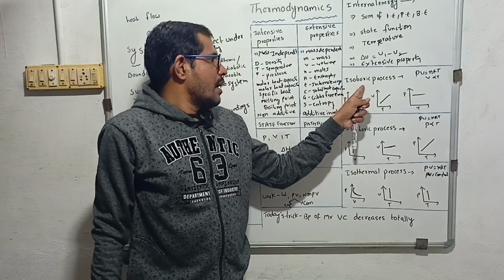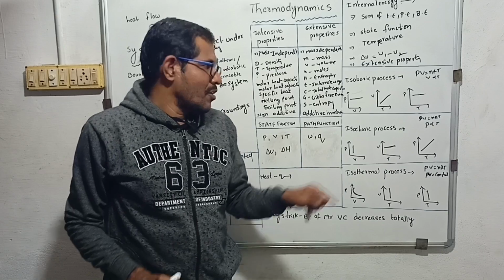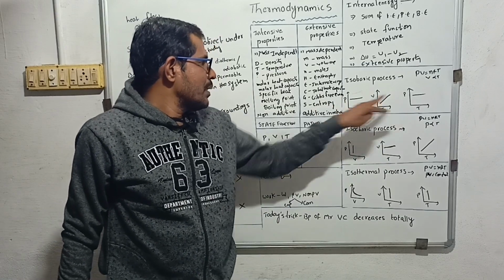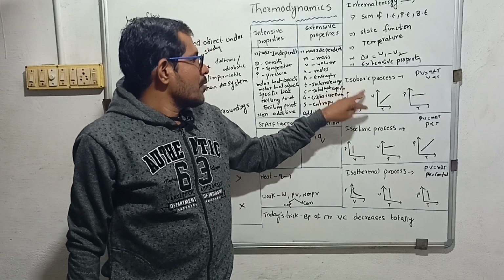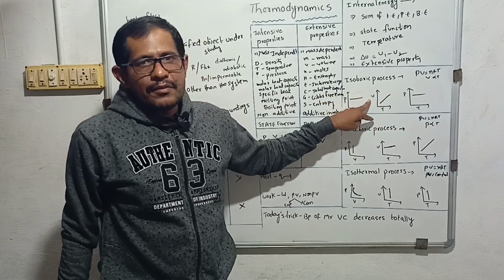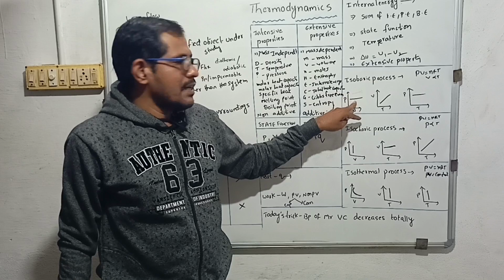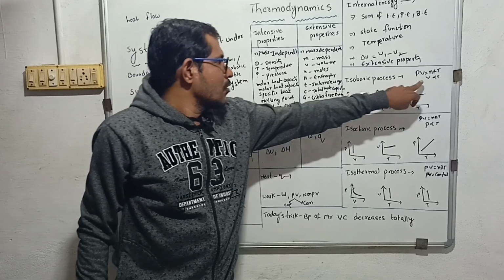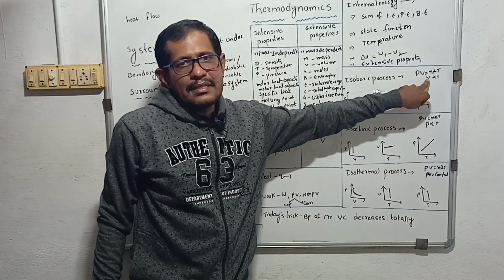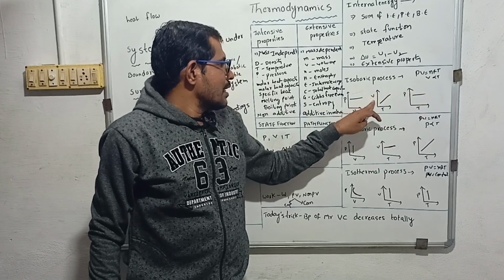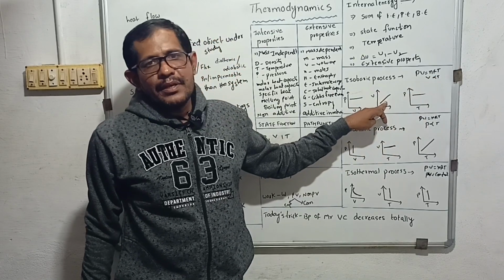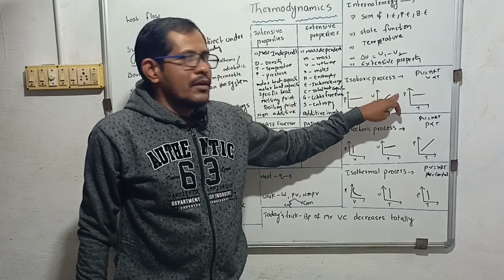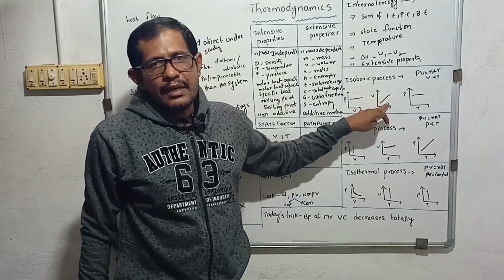So we must understand isobaric process, pressure change is 0. So find where P is there, right? So they give a straight line. If it is an isobaric process and P is there, a straight line will come. If P is not there, then go for the ideal gas equation. In the ideal gas equation, find the relation between the two. If proportionality comes, then a straight line will come here, right? So then the line will come like this.